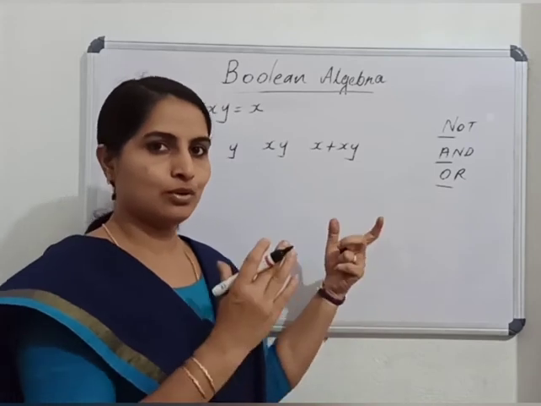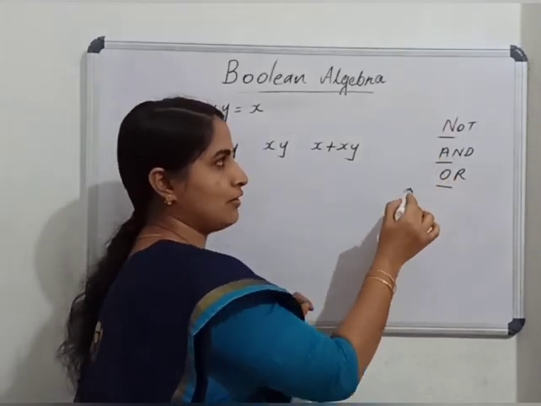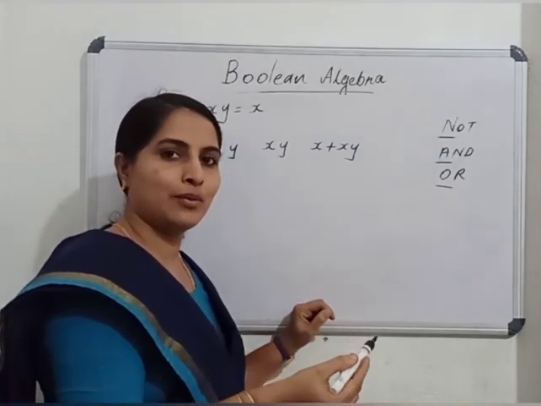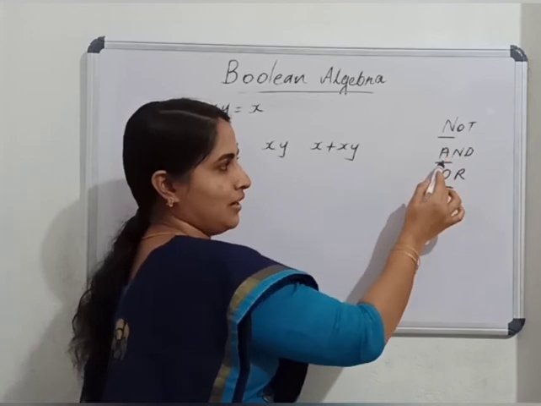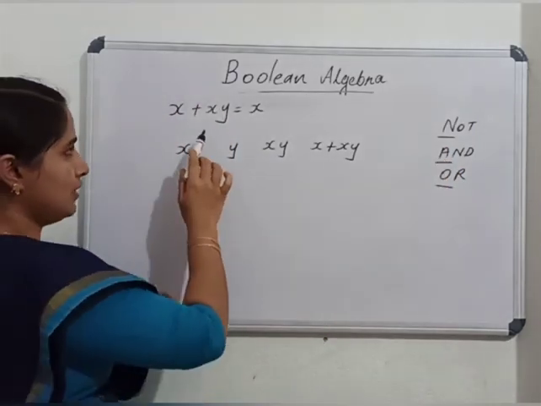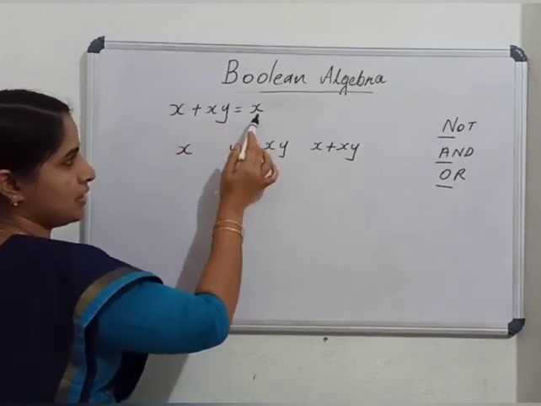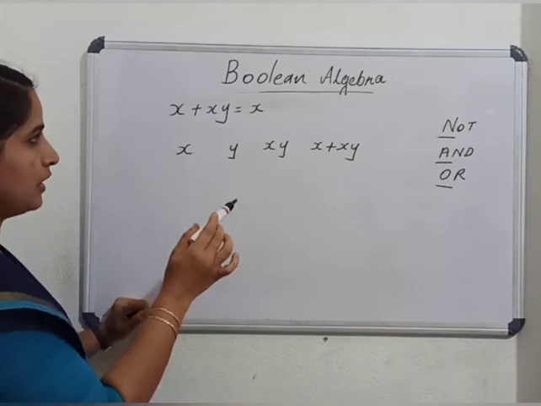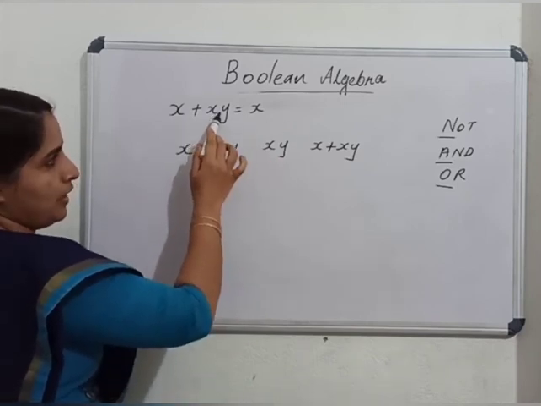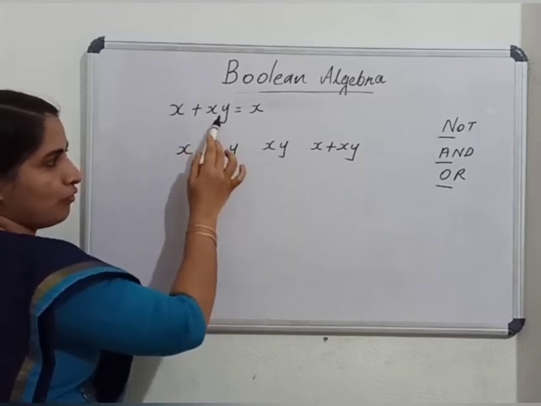Clear? To get it clear, there is a shortcut. If the expression is asking a question, NAO: are you evaluating NAO? First is N, next is A, next one is O. That you have to learn by heart. And in this expression, you write the independent variables first. If there is a NOT operator, give priority first to the NOT operator, then the AND operator. Here AND is there, that is why I specified xy first instead of x OR y.